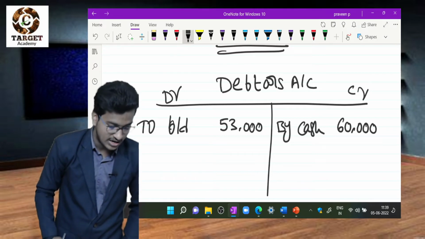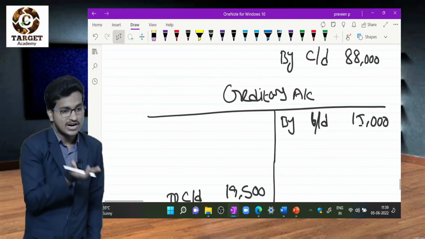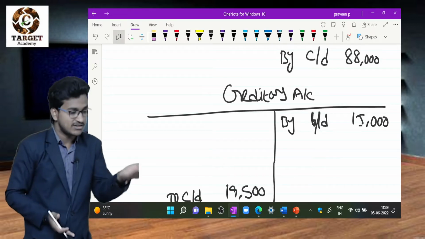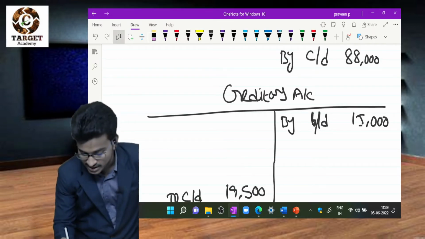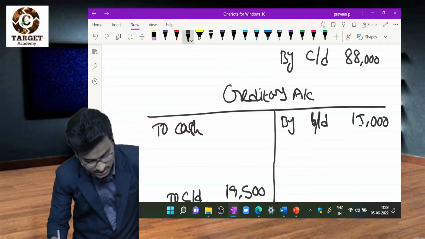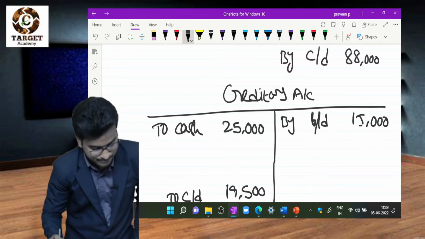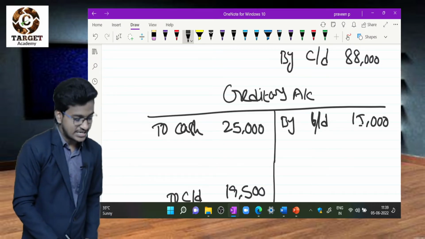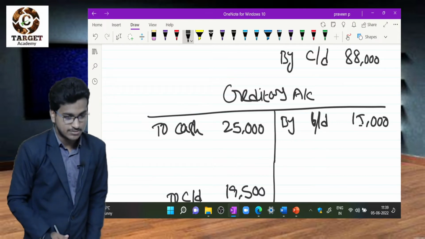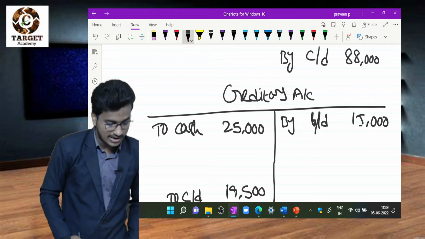Next one, OD comes under balance sheet. Paid to creditors, that means creditors will get reduced and our cash will get reduced. So in creditors account I have to debit cash. How much? 25,000, superb. Business expenses, profit and loss account; wages paid, trading account; proprietor drawings, balance sheet; closing